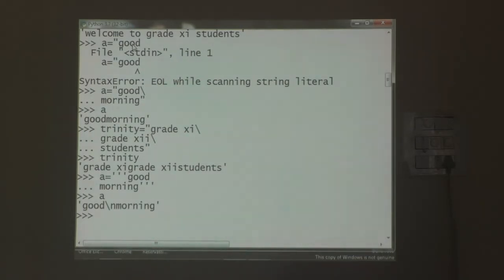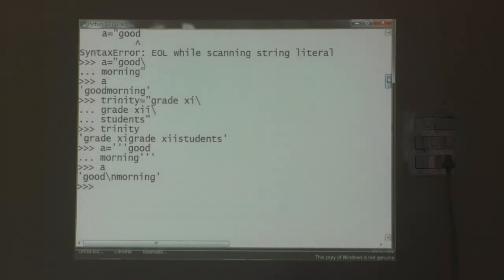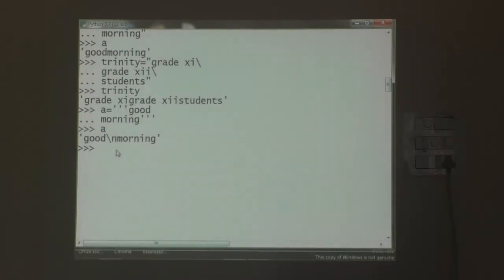Then one more example I will tell. See, C is equal to, subject I am going to mention computer, then maths, then physics, then chemistry.